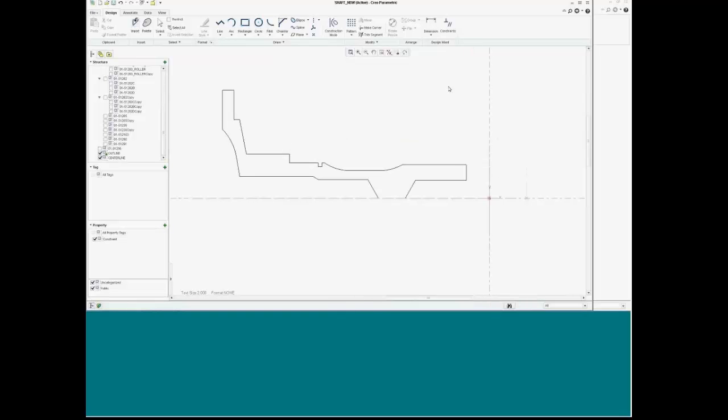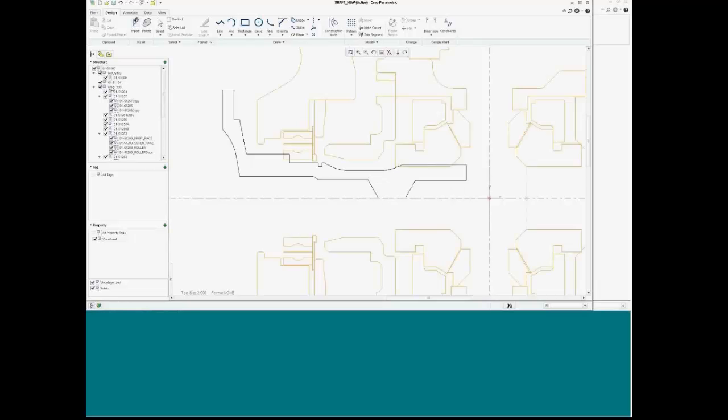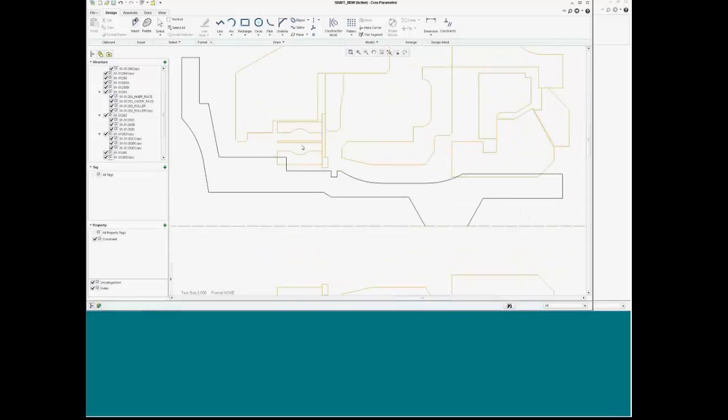Okay, so now that we have this half basically started, we're going to go ahead and turn the rest of the layout back on and look at where we are. All right, so for instance, we know as designers of this shaft that this bearing race here has to line up with these faces down here, and that this bearing retainer has to clip into the shaft as well. So we can use our dimension tool within layout